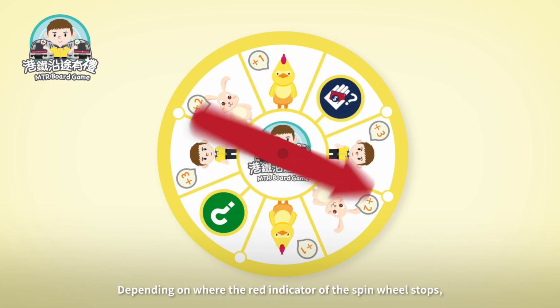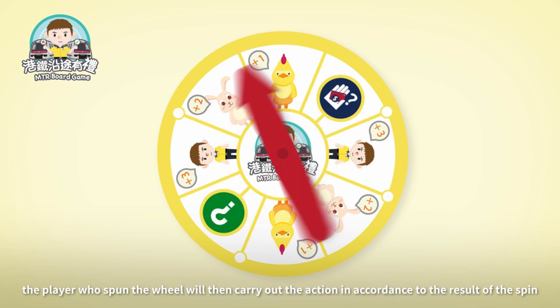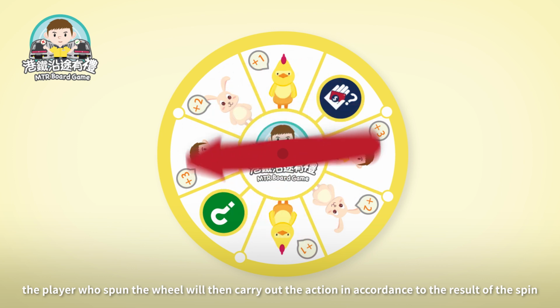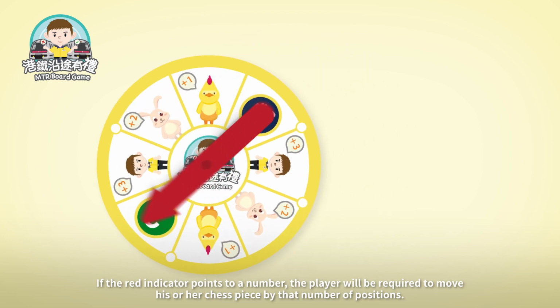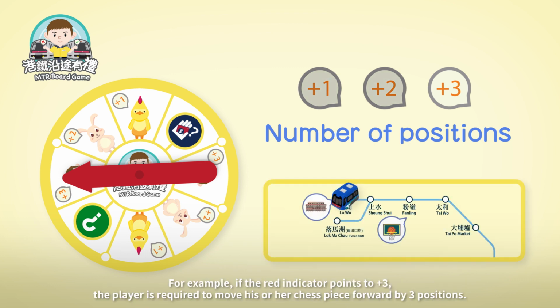Each player will be required to spin the wheel in clockwise direction during their turn. Depending on where the red indicator of the spin wheel stops, the player who spun the wheel will then carry out the action in accordance to the result of the spin. If the red indicator points to a number, the player will be required to move his or her chess piece by that number of positions. For example, if the red indicator points to +3, the player is required to move his or her chess piece